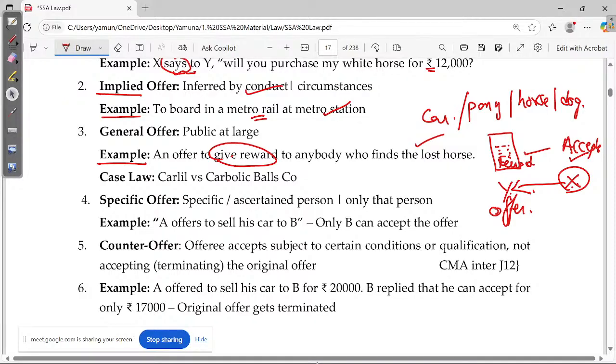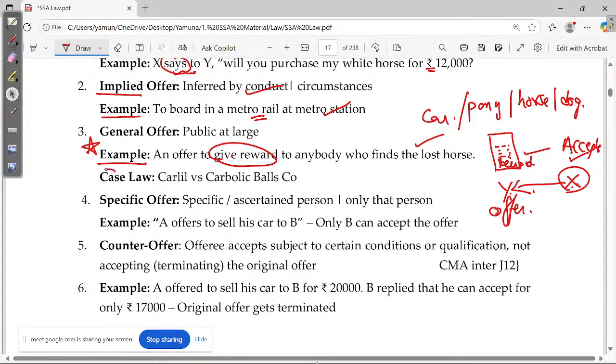See, so far in the case of counter offer, we were saying there should be an offer, there should be an offeree, acceptance, and so on. If this is not happening, this cannot be a contract. But what law says here is, in the case of general offer, the offeror's communication is sufficient. The offeree's or acceptor's communication is not necessary, because it's a very large number of people. Anybody can accept it. Whom are we going to say has not accepted or has accepted, right? So you have to place a star mark over here. It may look like there is no offeree, no acceptor, but law says yes, it can be taken as a valid one.